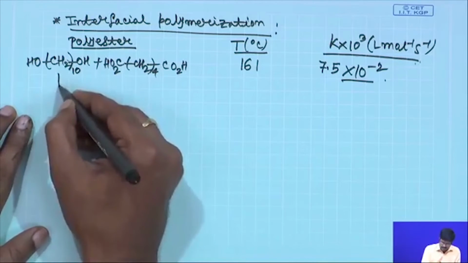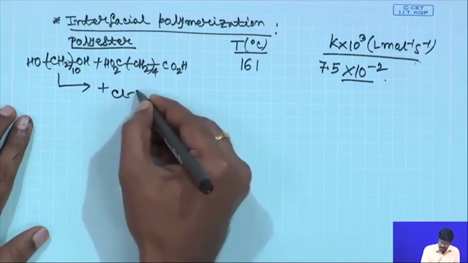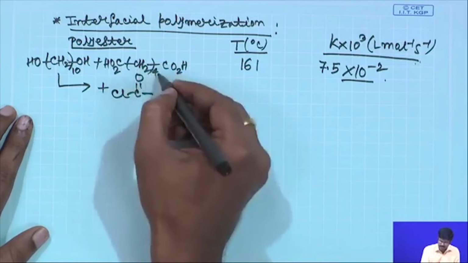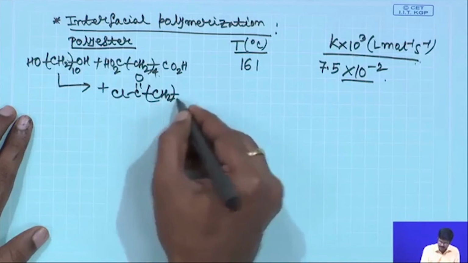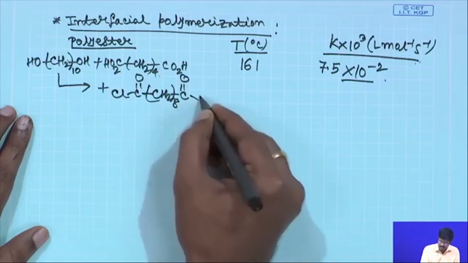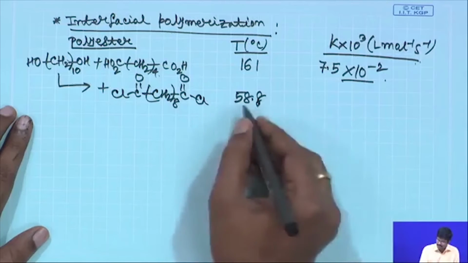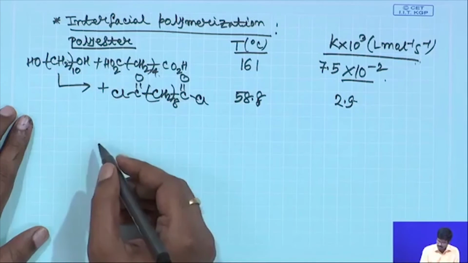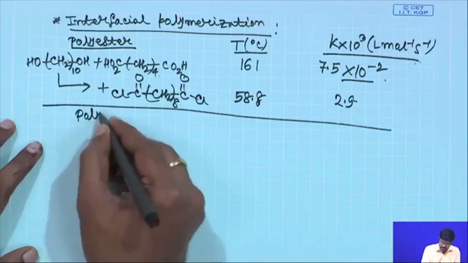However, same alcohol, if you react with an acid chloride, the data is not available for CH2 whole 4; instead it is available for CH2 whole 8, but the principle remains the same, and I will tell you why. You can do the reaction at a much lower temperature and the rate constant is at least 2 orders of magnitude higher. Same situation, if you are looking at polyamides,